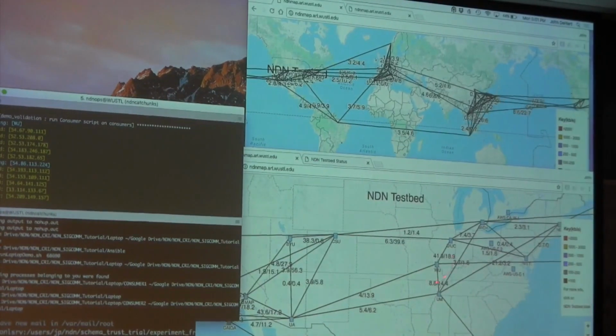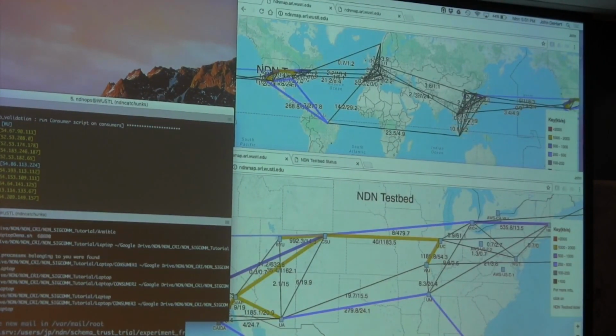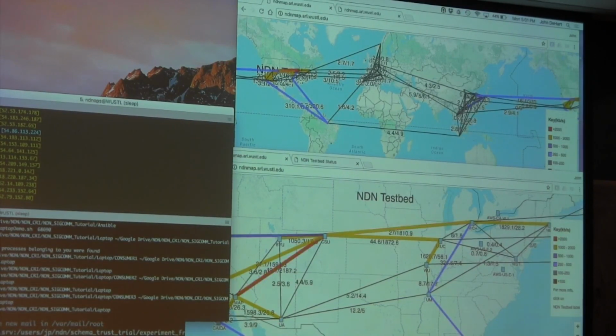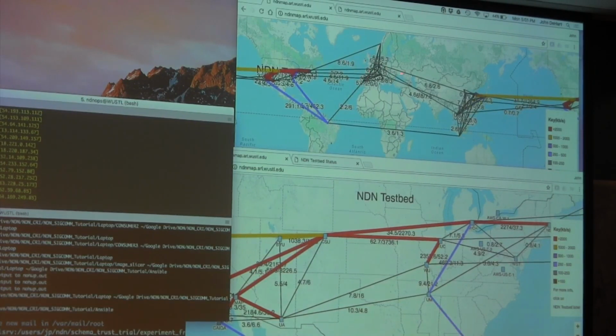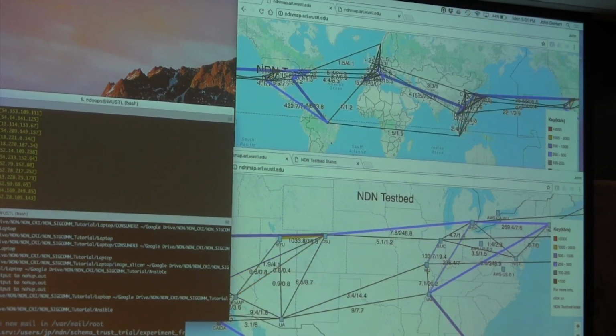My producers here are hanging off the WashU node. I have AWS instances which are connecting to each of the sites in the testbed and running consumers to request the data for the images that the producers at WashU are publishing. As my script runs, it's starting an instance at each of these sites, so you'll see them progress around the world. What you should see, though, is that we're going to run over 30 consumers, but